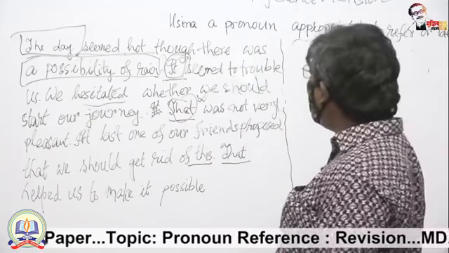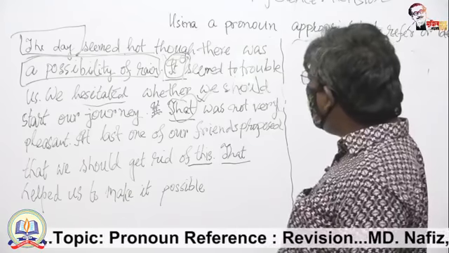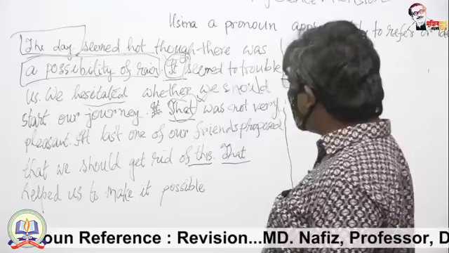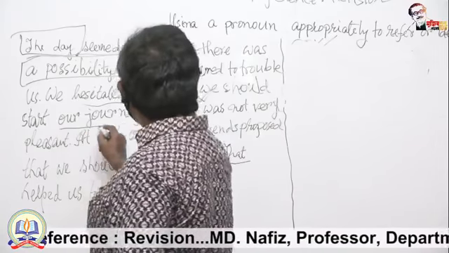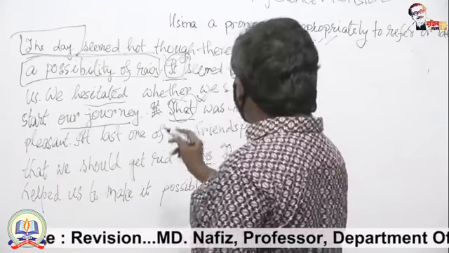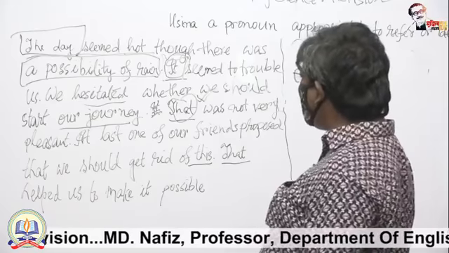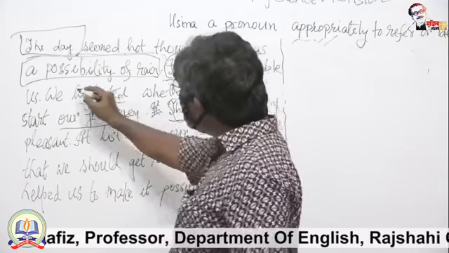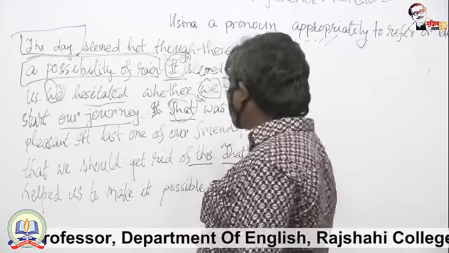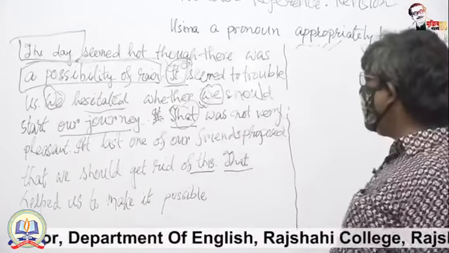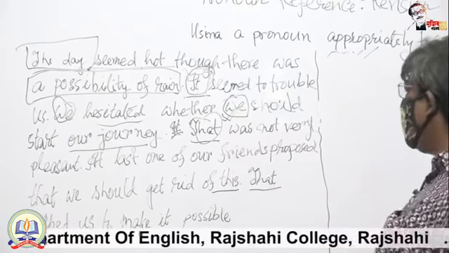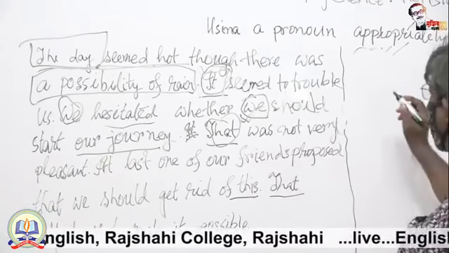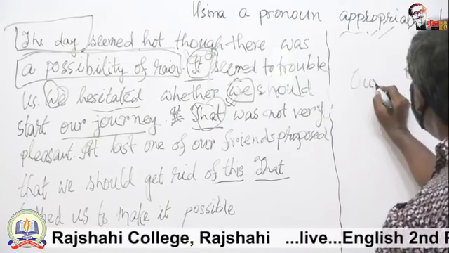We have a noun phrase in the previous sentence, our journey. We hesitated whether we should start our journey. There are two other nouns or pronouns, but of course that does not refer to we. And if we write, our journey was not very pleasant,